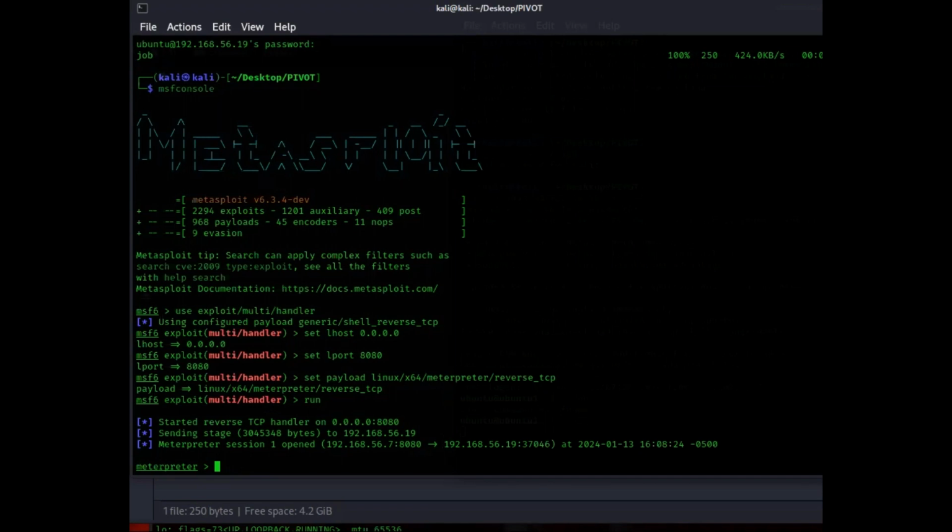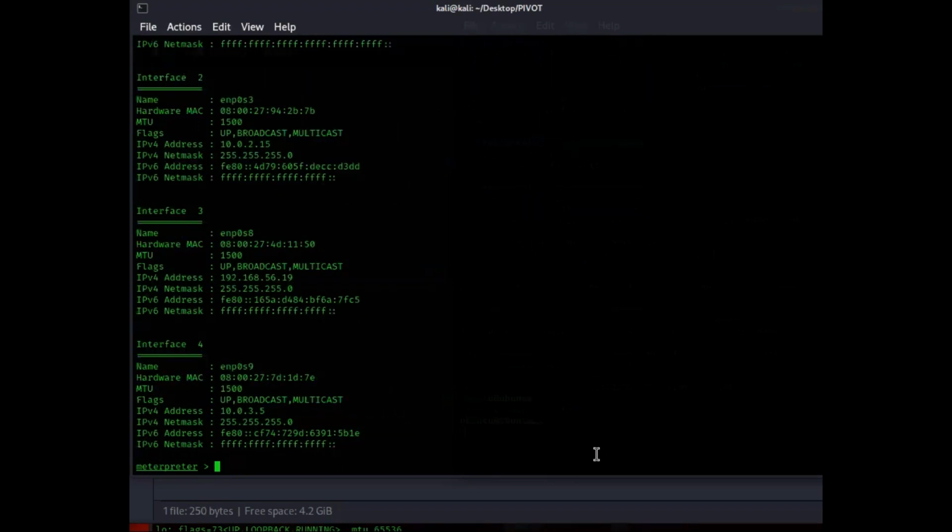Okay, so with this set, what we'll do next is we will run a ping sweep. And before we go into that, what we'll do is we will enumerate this box that we've now gained a foothold in by using ifconfig. And here we can see the different interfaces. So what I'm looking for is interfaces that I currently don't have access to. And I don't have access to this 10.0.2.15 network,